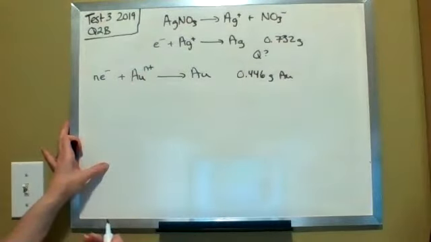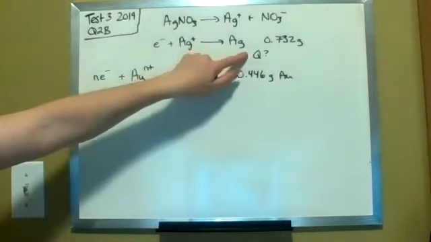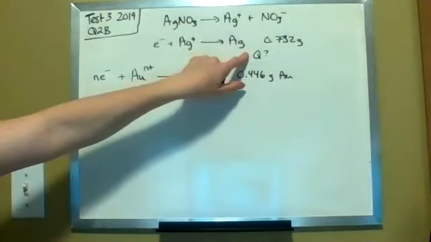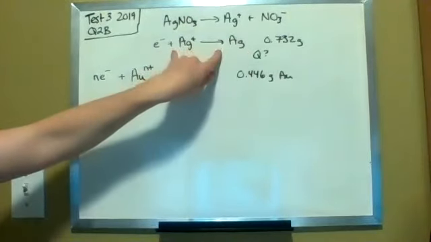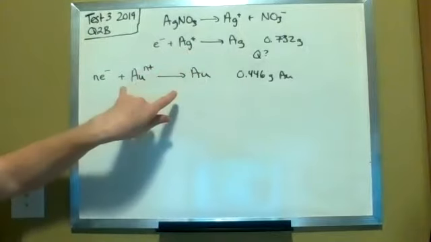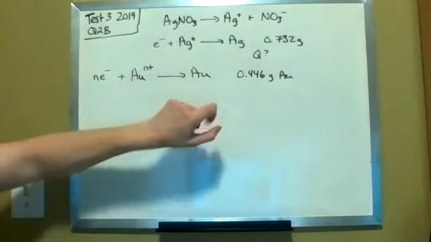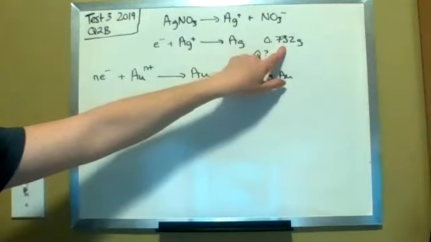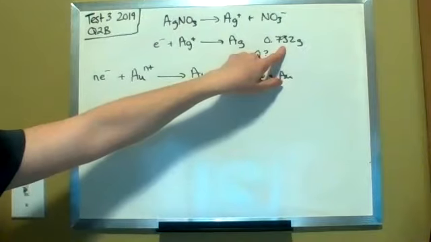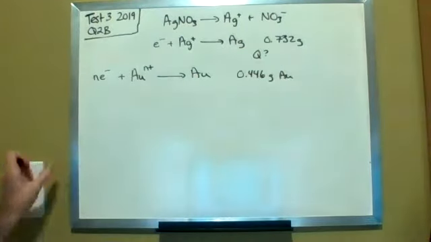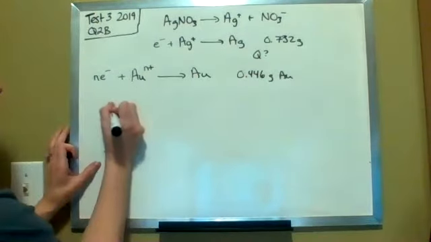electrons, whatever that is. From here, we can either figure out this charge or figure out how many electrons are being passed through here. It's going to be the exact same number of electrons that we have to pass through here to get that mass. So starting from up here, we can find our moles of silver, and then from there, our moles of electrons. So if we want to find moles of electrons, let's say